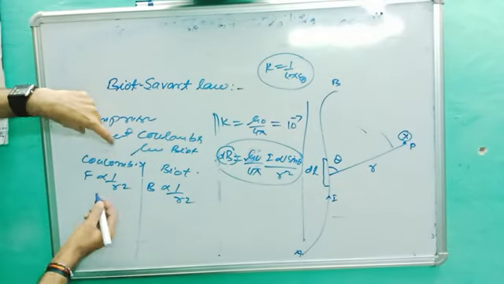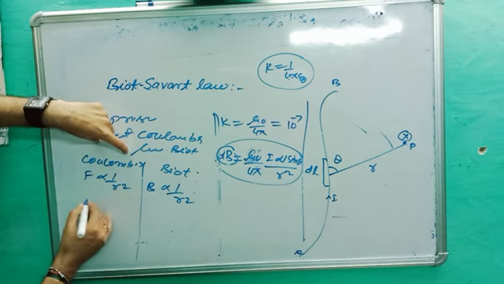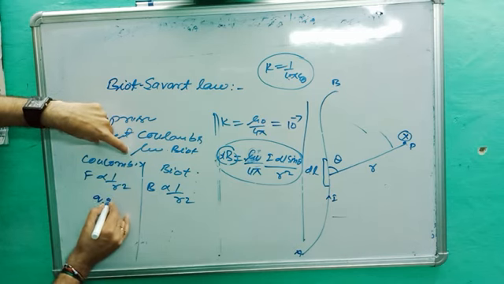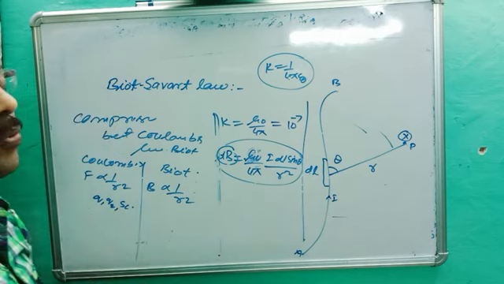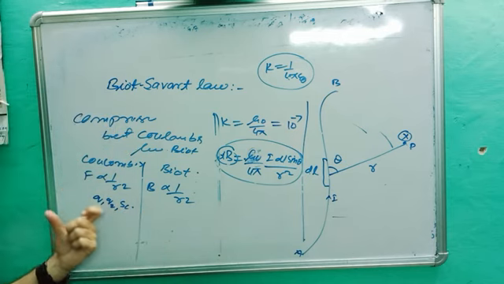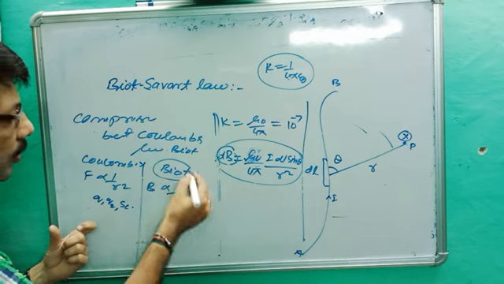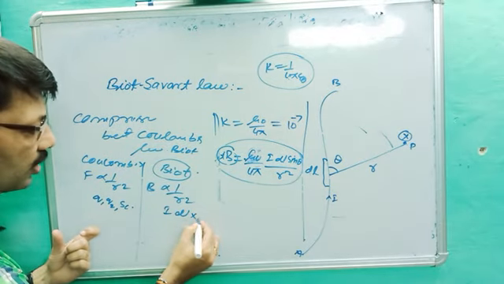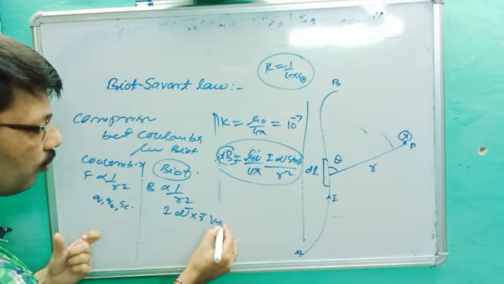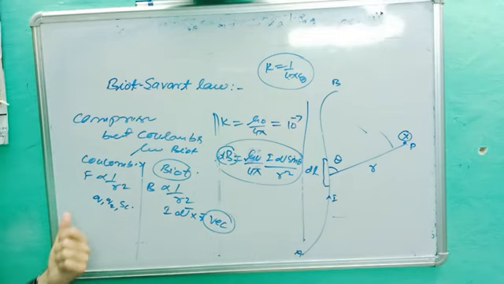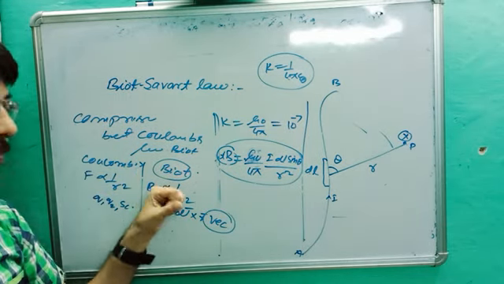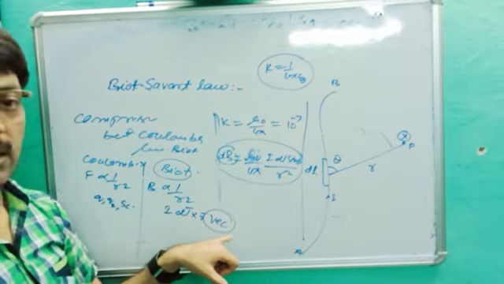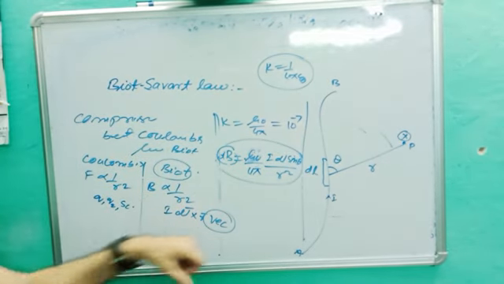What is the source of force in Coulomb's law? The source is Q1 and Q2. You better know Q1 Q2 create the force, and the source is a scalar quantity. The source of Coulomb's law is a scalar quantity, while in Biot-Savart law you better know I dl cross r. It means its source is a vector quantity. Very, very important. The source of Coulomb force is a scalar quantity, while the source of Biot-Savart law is a vector quantity. Yeah? Magnetic field is a vector quantity.